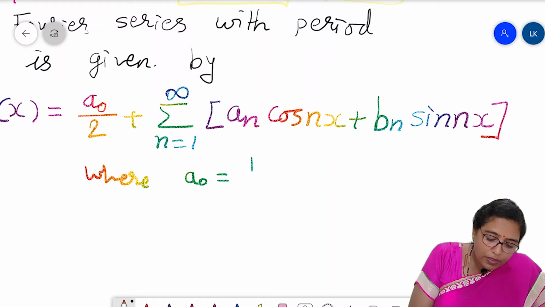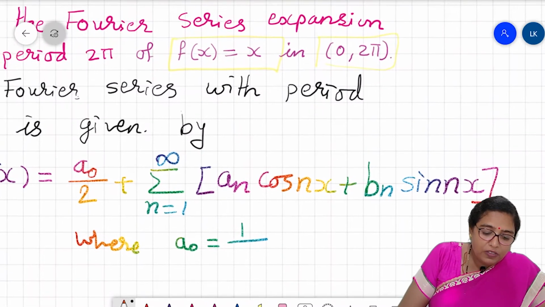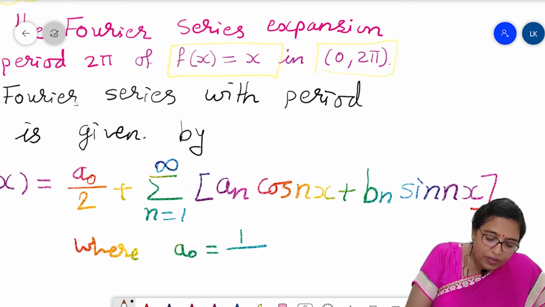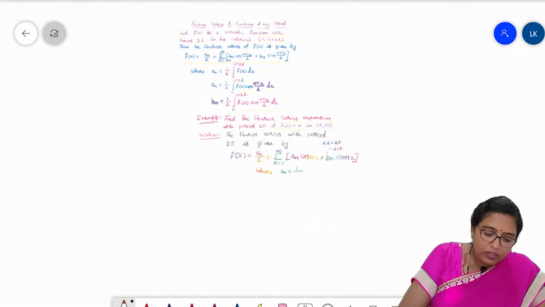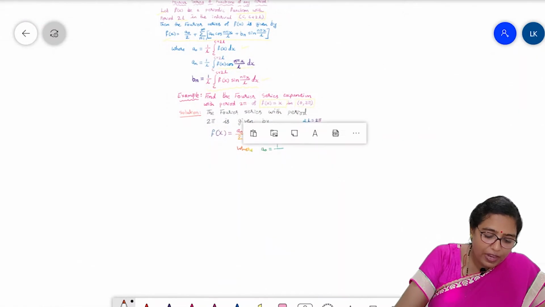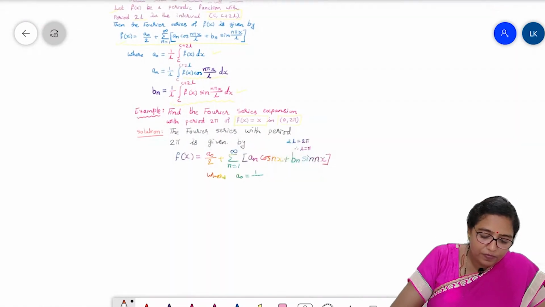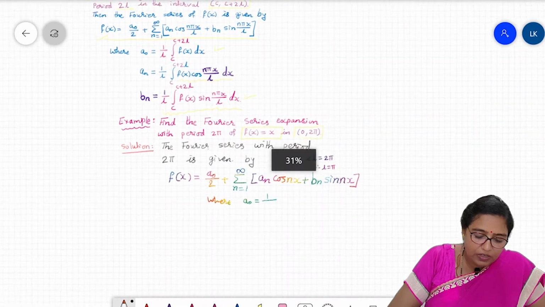1 upon l. What is the value of l? Here 2l is equal to 2 pi, our period is 2 pi. That means l is equal to pi. Substitute the value of l in our formula. That means a0 is equal to